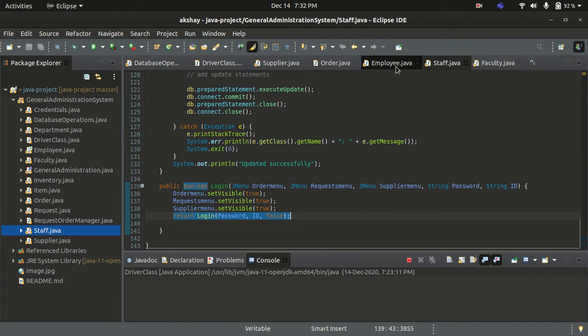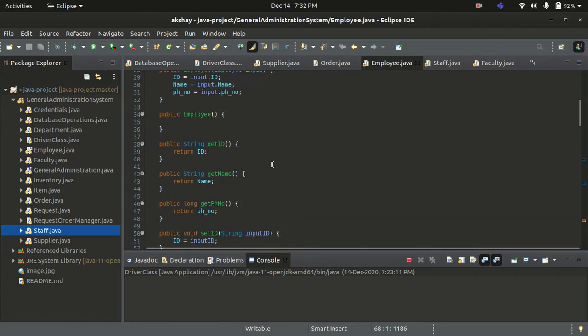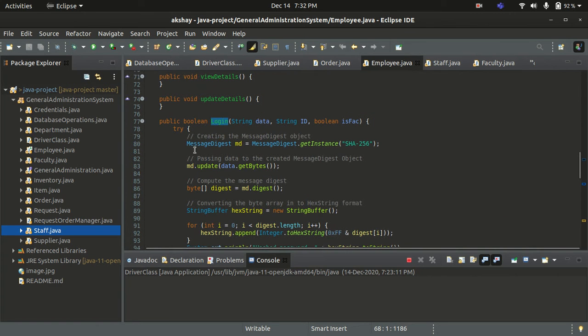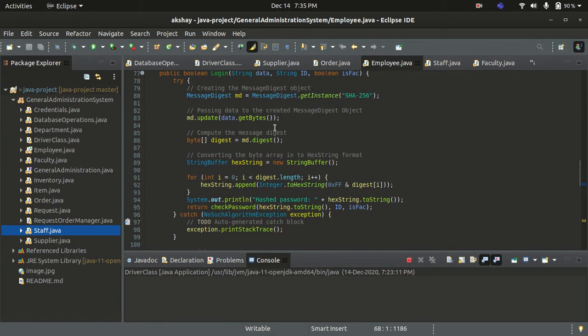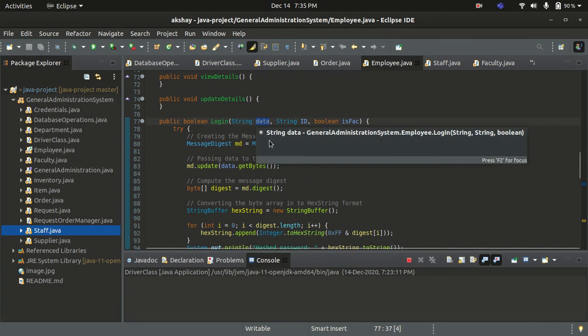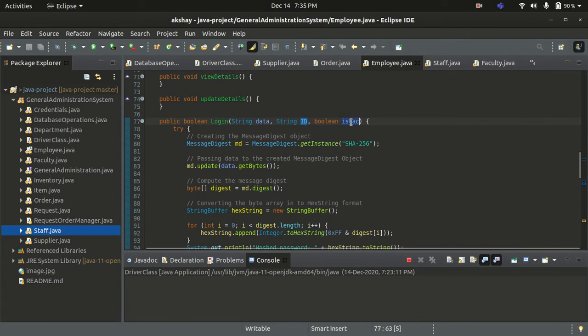It's almost the same. So in the employee class we have a login function. Here the data is the password and ID is the username, and isFac is a boolean which specifies if this login call is made by faculty or not.